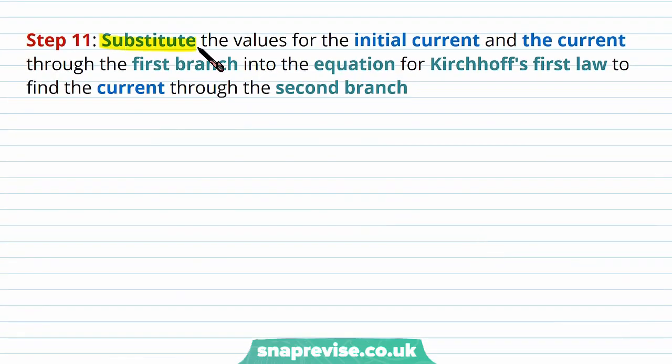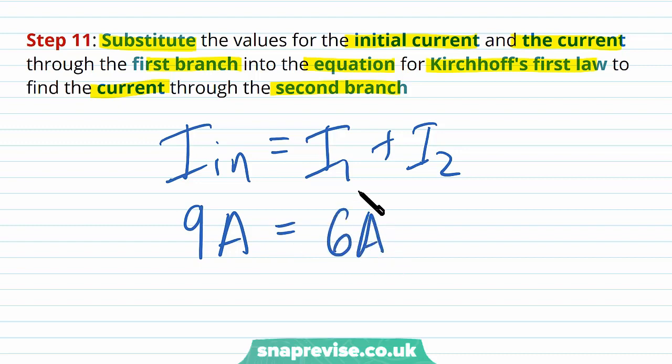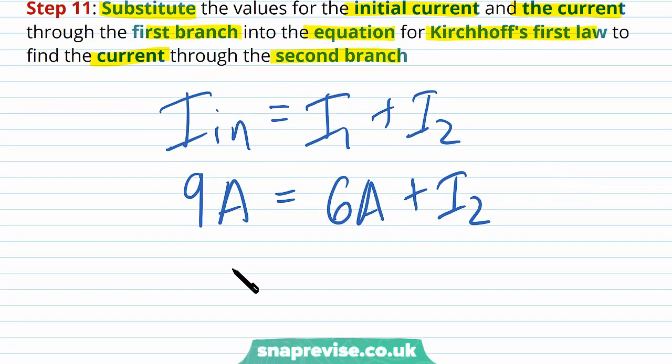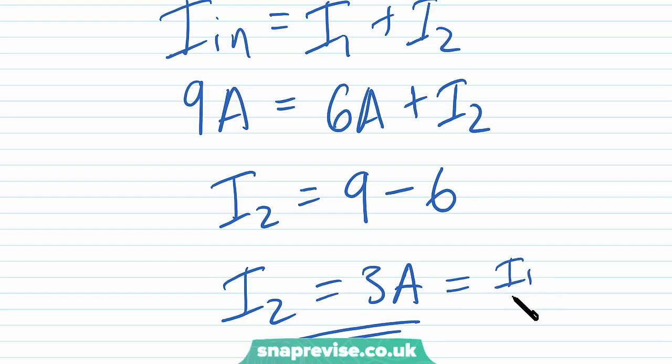And finally, we just need to substitute the values for the initial current and the current through the first branch into the equation for Kirchhoff's first law to find the current through the second branch. So the current going in is equal to I1 plus I2. So 9 amps is going to be equal to 6 amps, we said I1 was 6 amps, plus I2. So I2 is going to be given by 9 minus 6, which means I2 is equal to 3 amps. And we can see that I2 is indeed equal to I1 divided by 2. Because we said I1 was equal to 6, and we can see that I2 is half of 6, which is